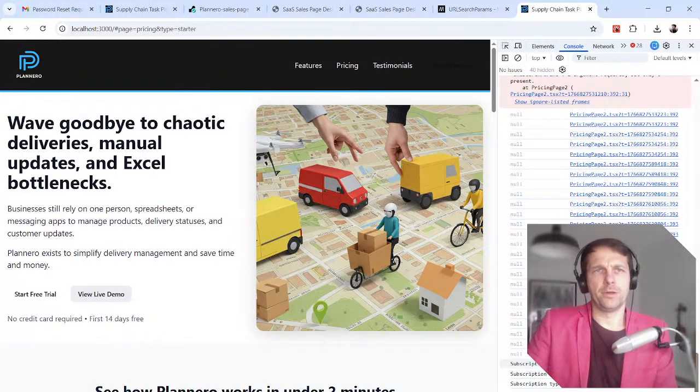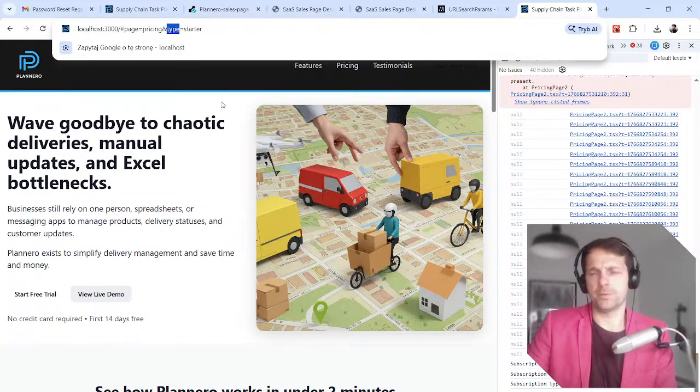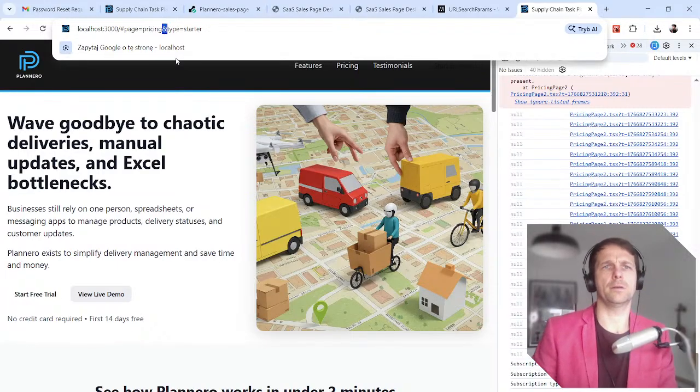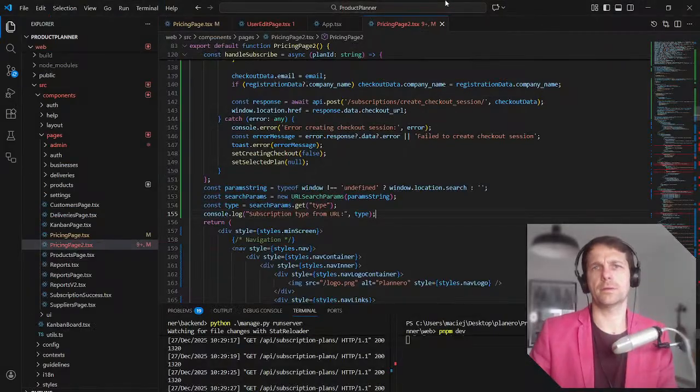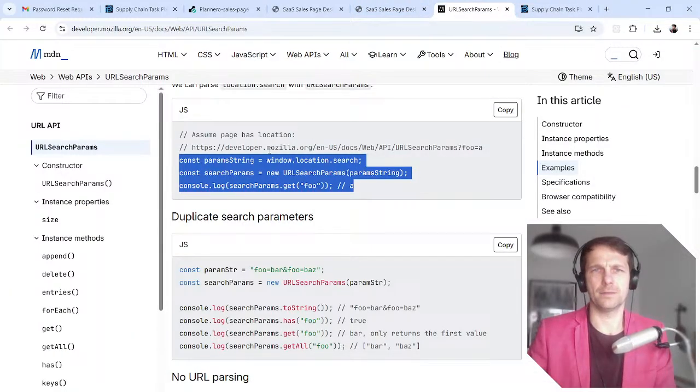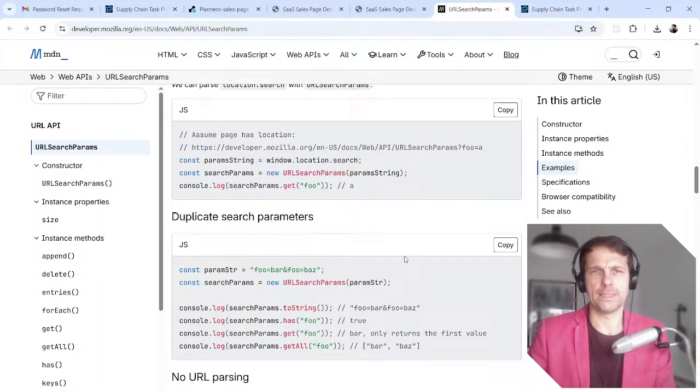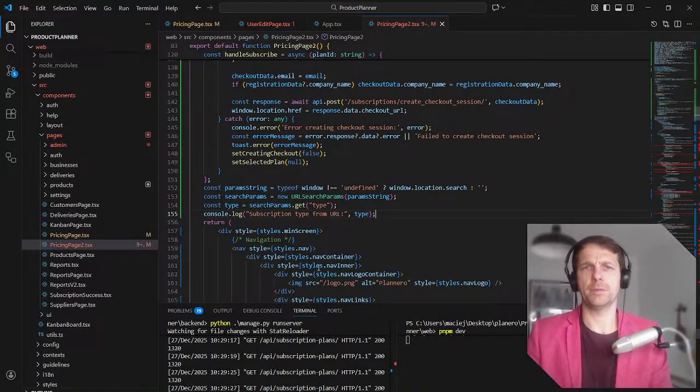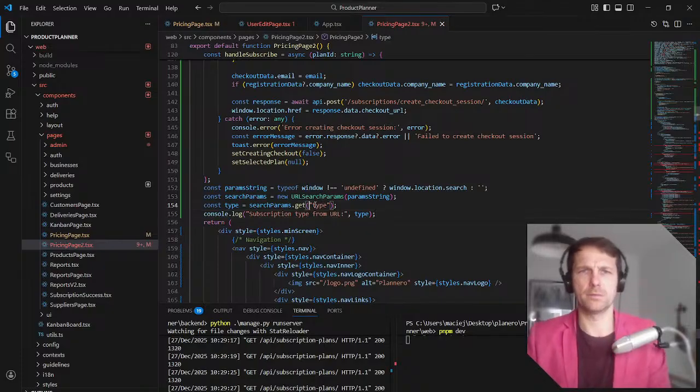Subscription type, null, but I said type. It should say starter. But, oh, maybe it's this one. Oh, maybe it shouldn't be end. Or maybe it should be end actually. Yeah, it's end actually. Foo. Type. Maybe type is actually reserved, is it?